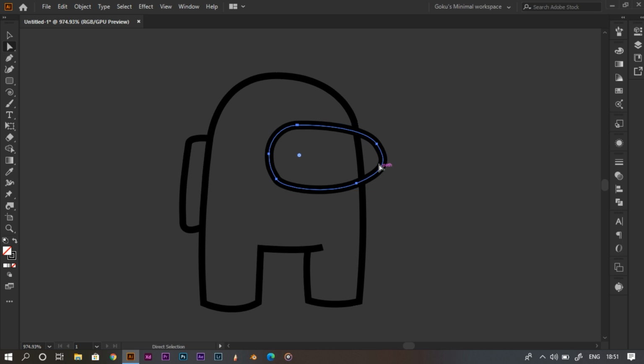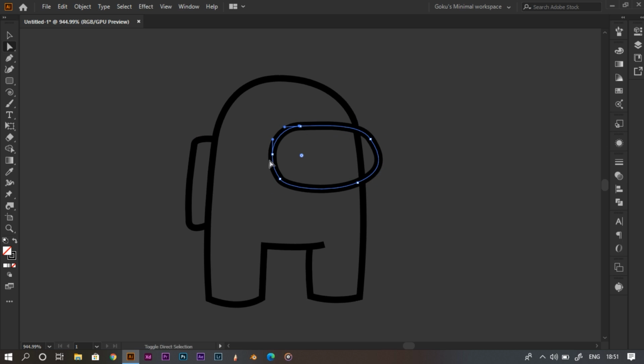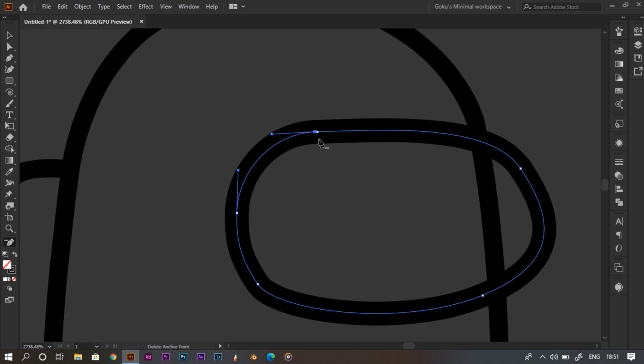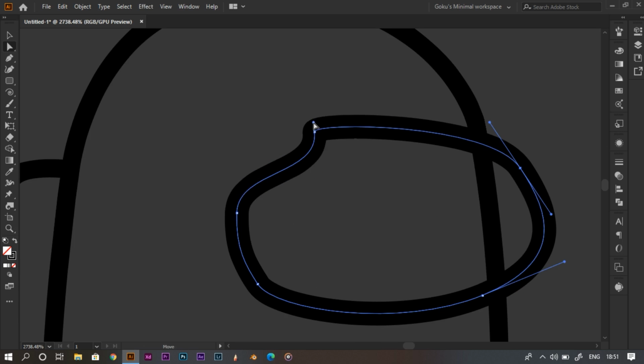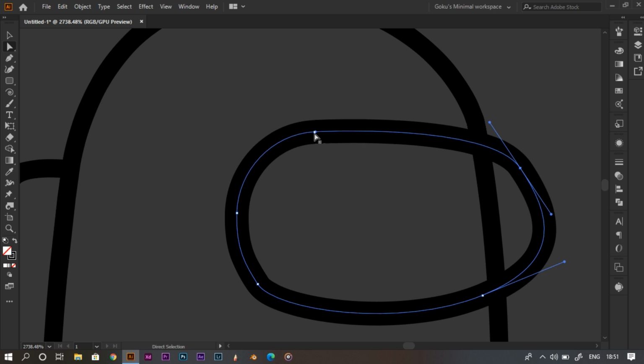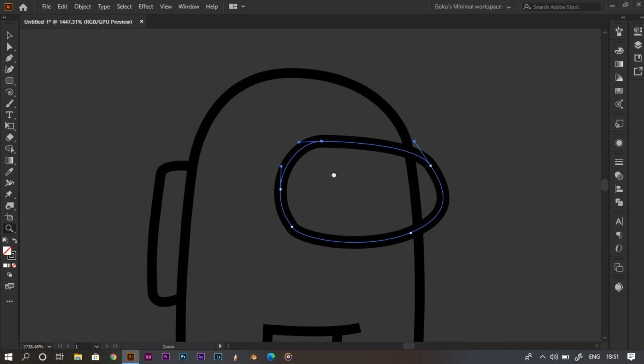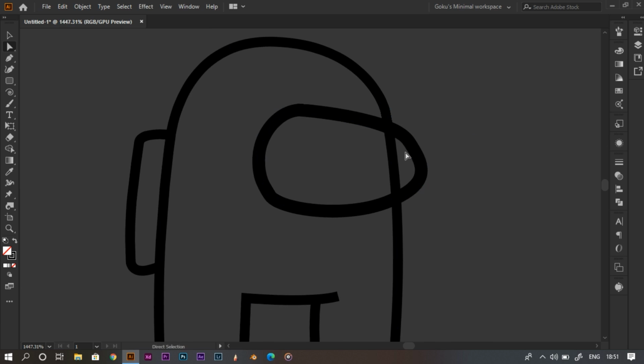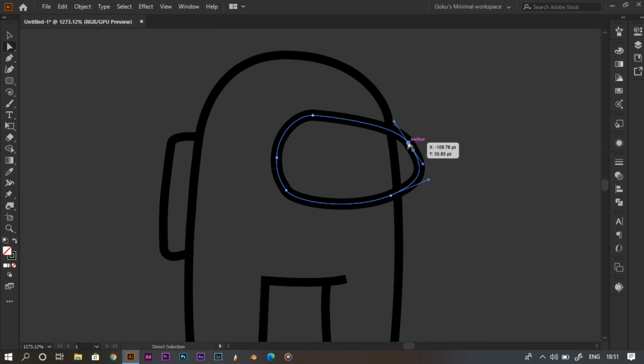Now you can see its stroke is a bit thicker, so we'll change it a bit later. There are 2 anchor points right here, so we'll click on the delete anchor point tool, or you can use the shortcut, which is the minus button.